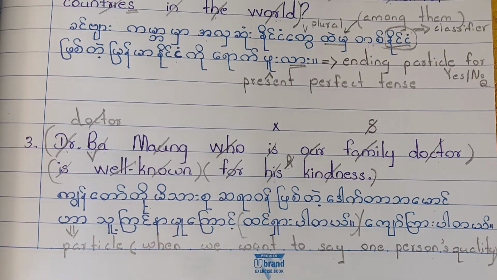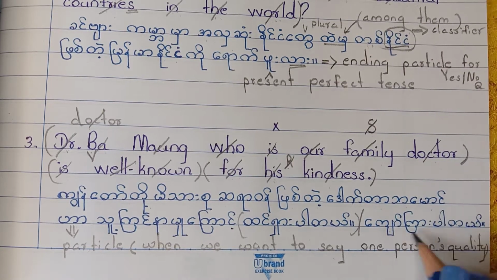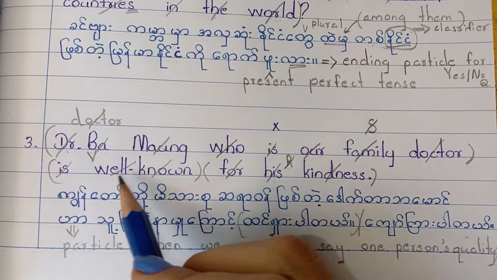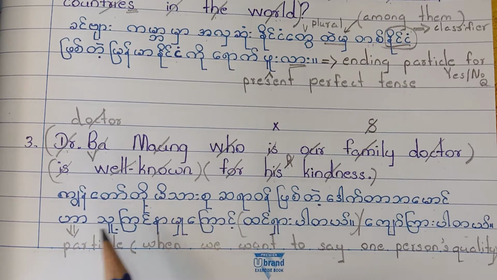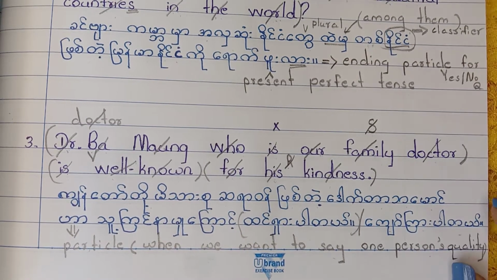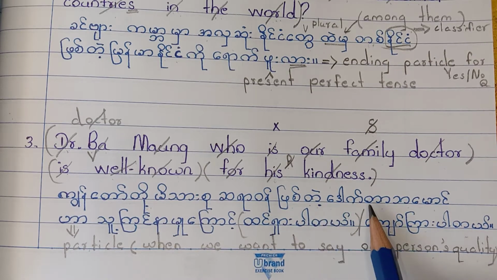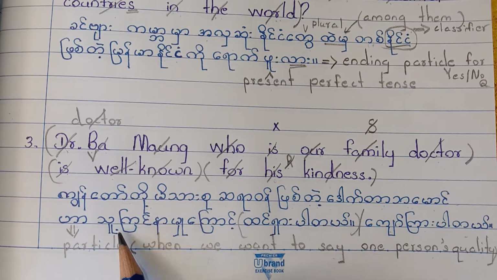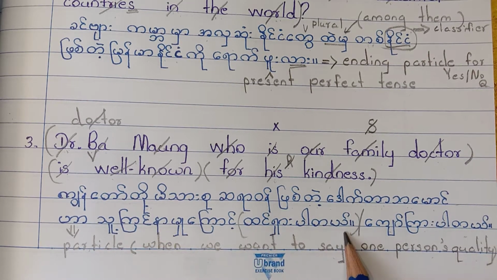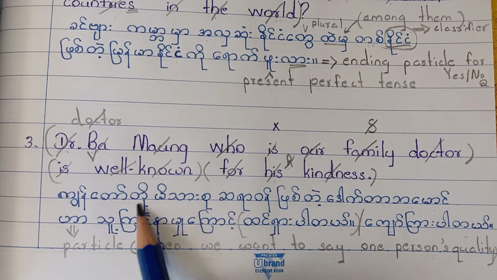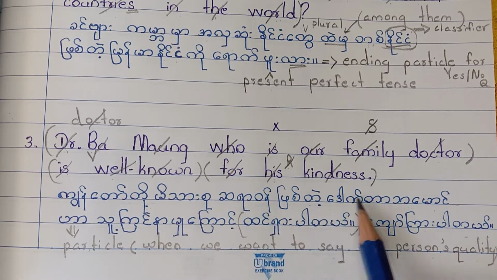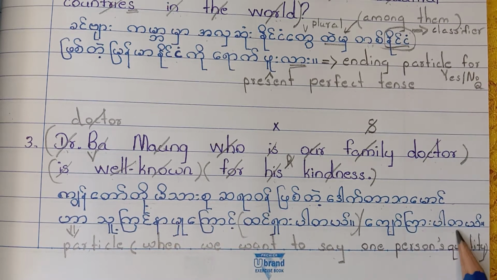Okay, so ကြော်ကြားပါတယ် also means is well known. Now our Burmese translation is complete. ကျွန်တော်တို့မိသားစုဆရာဝန်ဖြစ်တဲ့ဒေါက်တာဘမောင်ဟာသူ့ကျင်နာမှုကြောင့်ထင်ရှားပါတယ် or ကျွန်တော်တို့မိသားစုဆရာဝန်ဖြစ်တဲ့ဒေါက်တာဘမောင်ဟာသူ့ကျင်နာမှုကြောင့်ကြော်ကြားပါတယ်